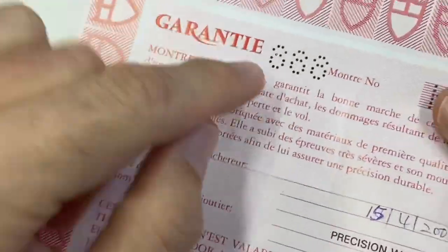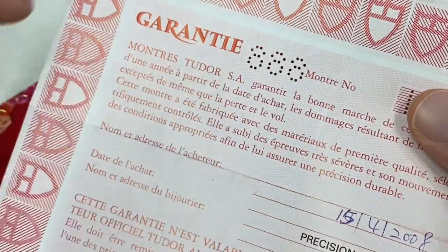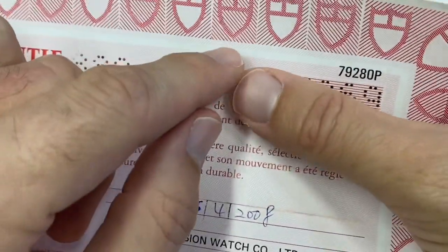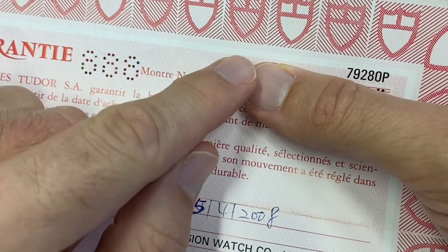And you have the 888, meaning it's been exported by Rolex Tudor to Hong Kong. It is the code for the city. And it's also lucky numbers,